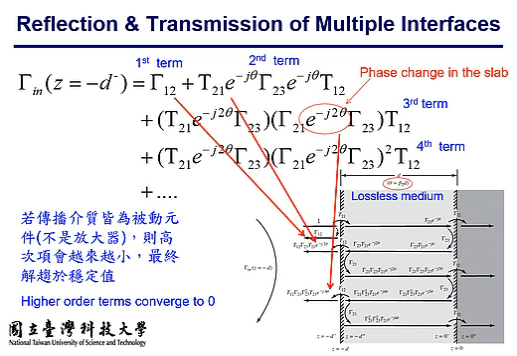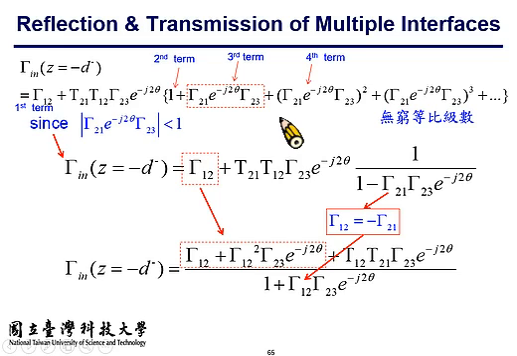Smaller, something smaller than 1. So the higher order terms, which experience more and more reflections, will become smaller and smaller, and will go to 0. It will converge to 0 eventually. Which means you don't need to collect all the terms. You can use just the first few terms, the first 2 terms, first 3 terms to represent the general behavior of